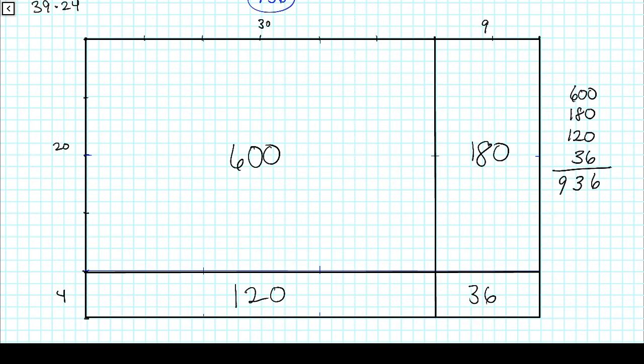Now what I want to do is look at the standard procedure that is taught for how to multiply numbers, and see how this relates to what we're doing here. It is actually related, I promise. So let's do this one more time. We have 39 times 24. When we're taught to do 39 times 24, a lot of times it's the stacked method,